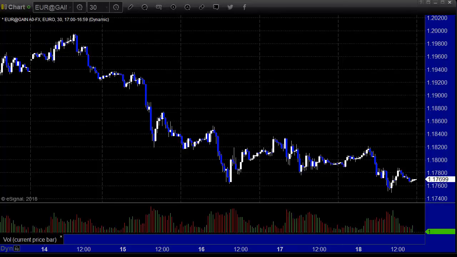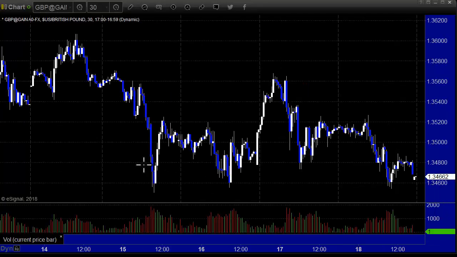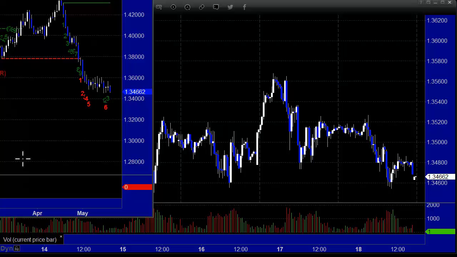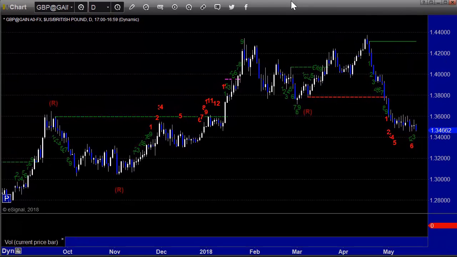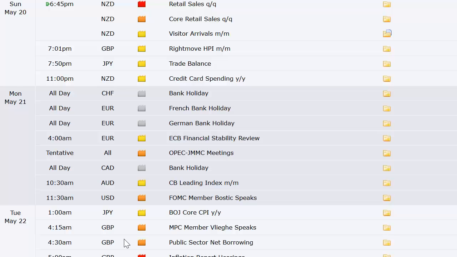Let's take a look at the intra-week action. Here's 30-minute candles. High to low on the euro dollar was 240 pips, which is not horrible. Here's where it's horrible. Look at the pound. 150 pips for the whole week max. That is just bad. You're not going to see that a lot. Let's take a look at the economic data coming out for the week ahead. There are no signals on the daily chart. There's nothing to look at.